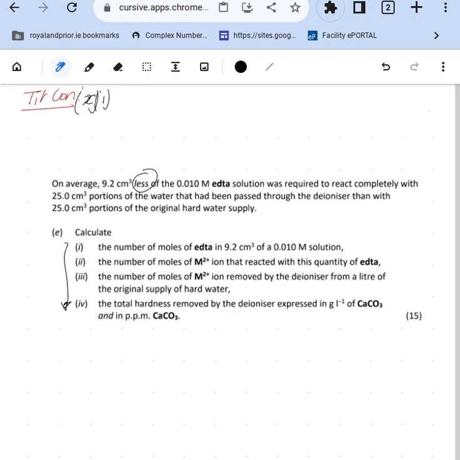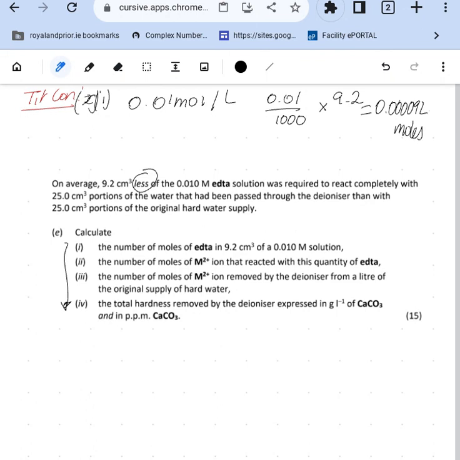Calculate the number of moles of EDTA in 9.2 centimeters cubed of 0.01 molar. Now once I see that big M, what does it mean? It means 0.01 moles in a litre. How do I write that in maths? 0.01 in 1,000, and then multiply it by the volume you have. Multiply it by 9.2. Or some of you might have a formula, volume in centimeters cubed by molarity, divide that by 1,000, it's the same thing. But I work with the big M. Work with the big M, you cannot go wrong. And you get 9.2 by 10 to the minus 5, or 0.000092